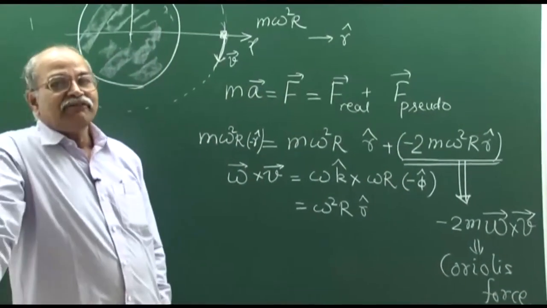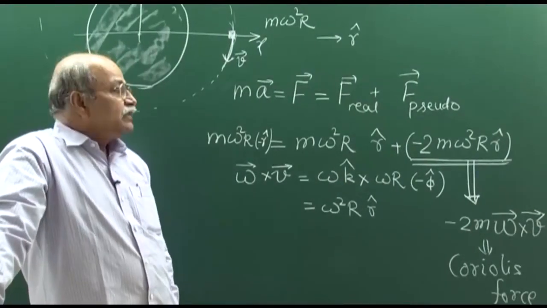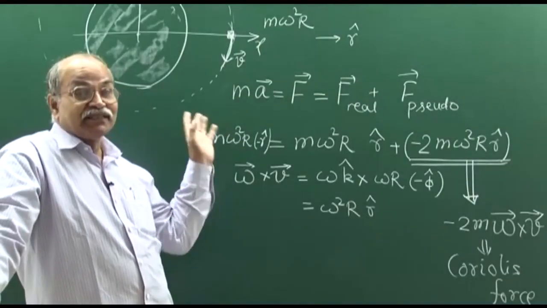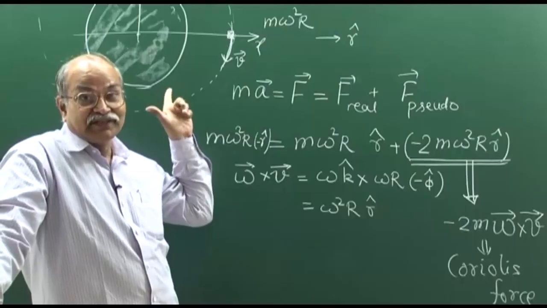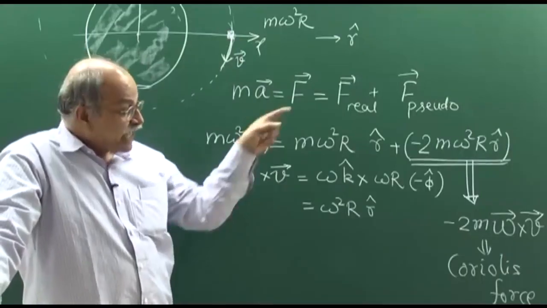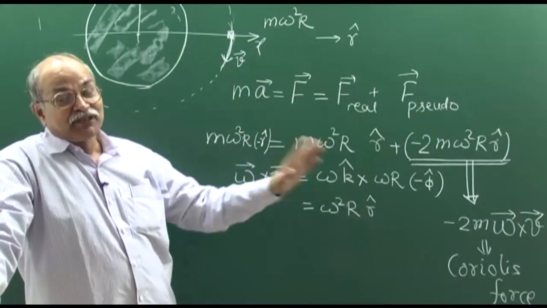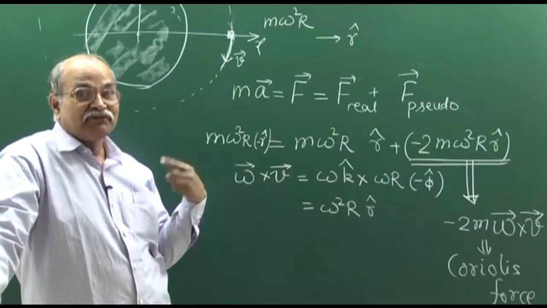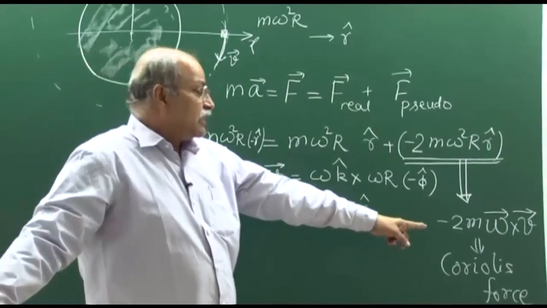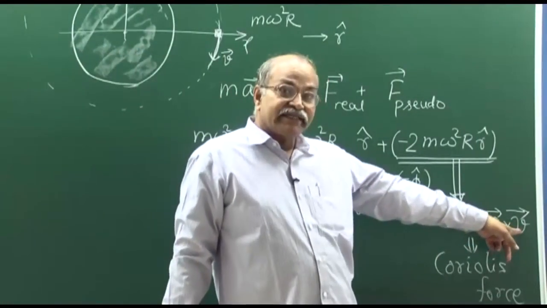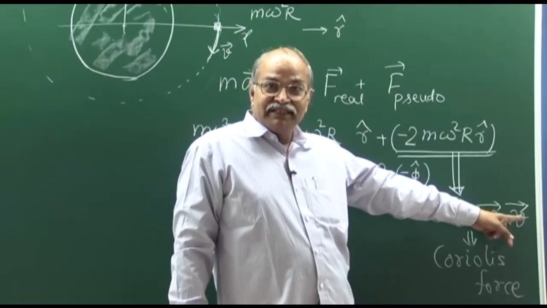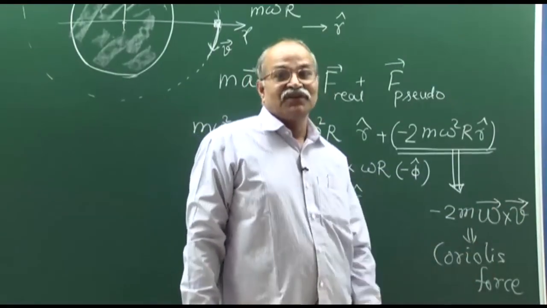So, in rotating frames of reference, you need centrifugal force, you also need Coriolis force. I am assuming that the frame is rotating at a constant angular velocity. If this angular velocity of the frame also changes with time, you will have yet another pseudo force. But assuming that the frame is rotating with uniform velocity, these two are definitely needed. But if the particle is at rest with respect to the rotating frame and you are using that frame, then this v is 0, then the Coriolis force is not needed.